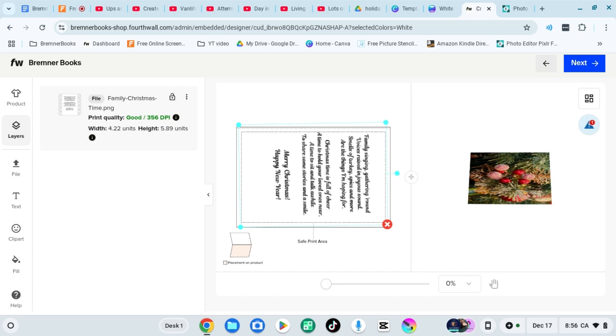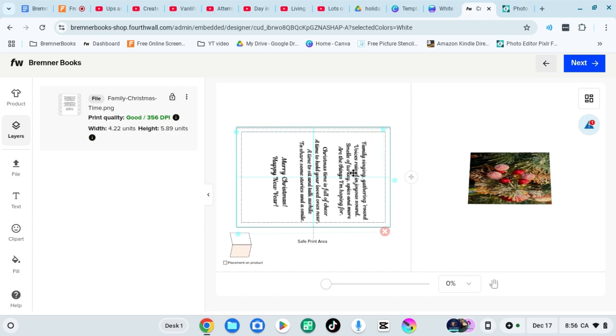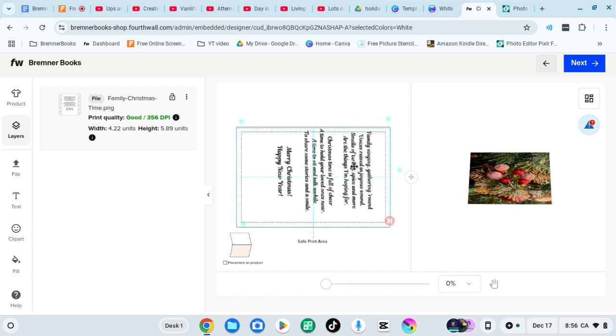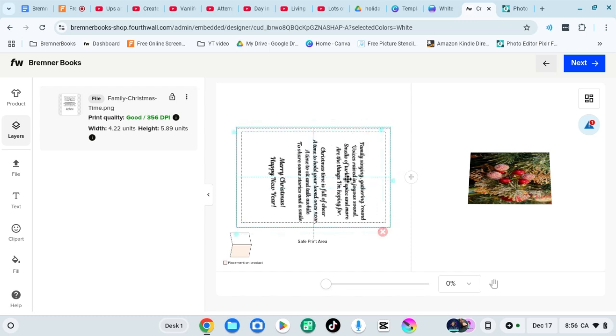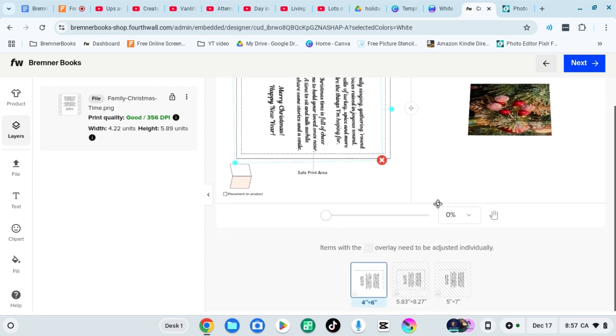And try not to be a perfectionist, I guess. But this is not straight yet, so it's not really being a professional. A perfectionist is just trying to get it centered right again. There we go. Okay, so now we're not going to do anything on the back